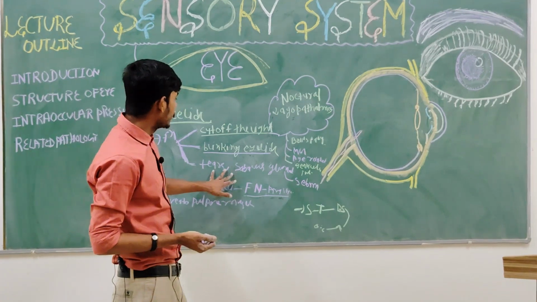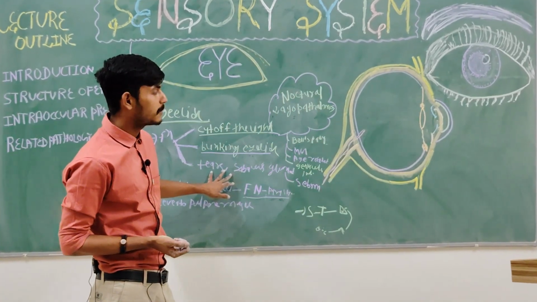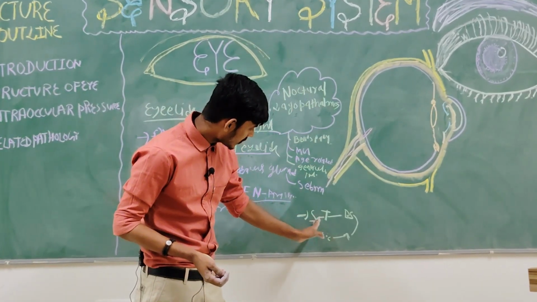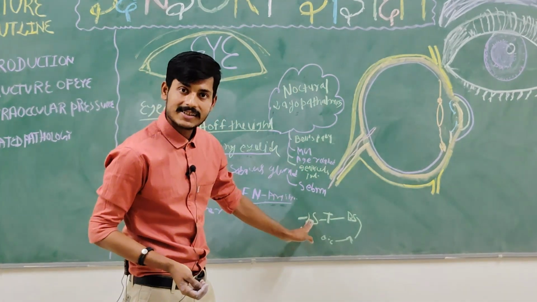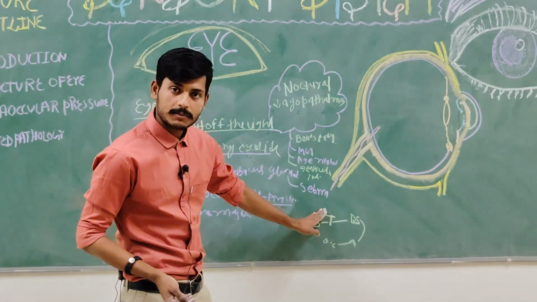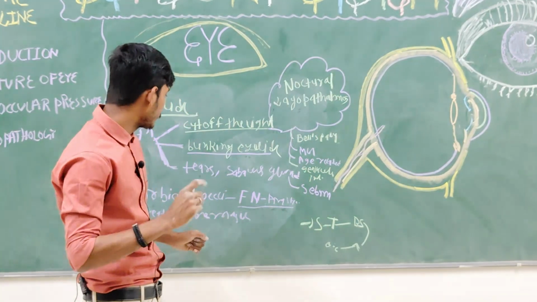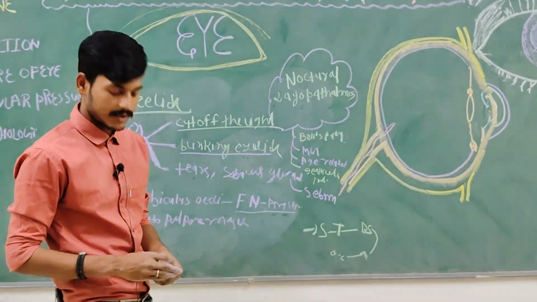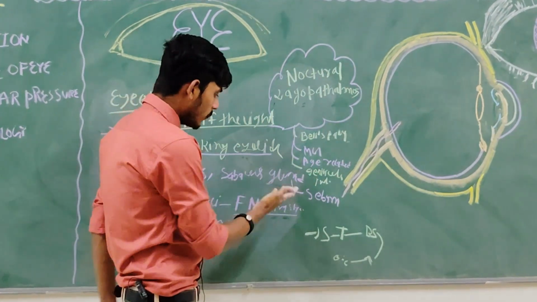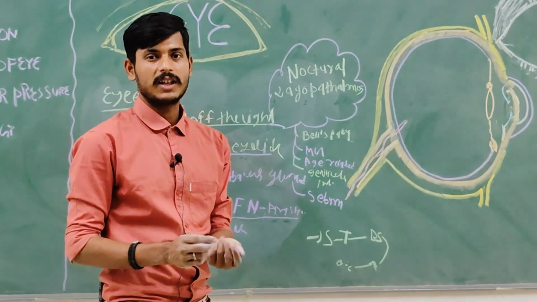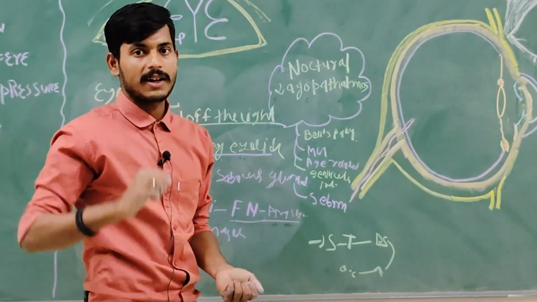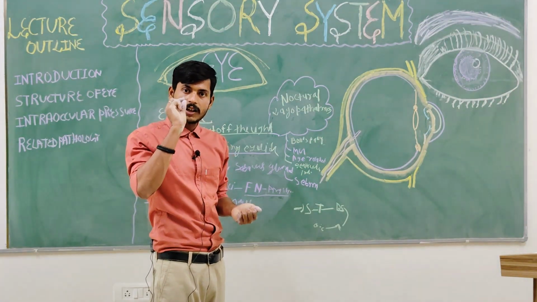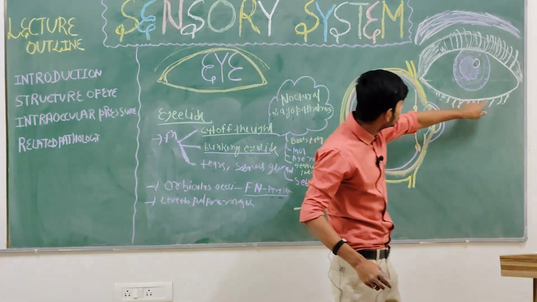Now come to the other part. Tears: the sclera is highly sensitive, and it triggers the lacrimal gland to secrete tears. So blinking of the eye also stimulates the lacrimal gland. Now about the sebaceous gland. Sometimes when we have dust on the hand and we start rubbing our eyes, generally there is a lump formation in the eyelids,